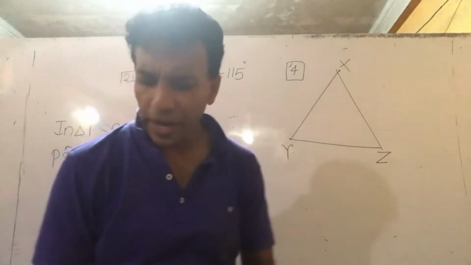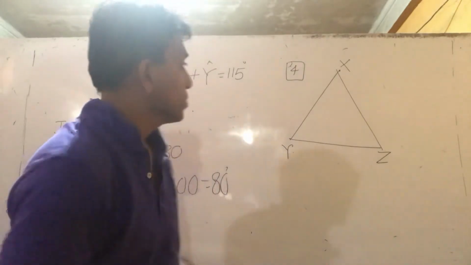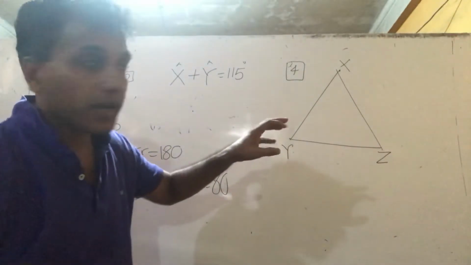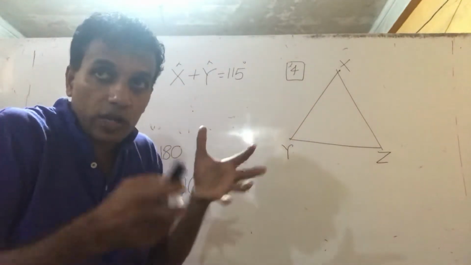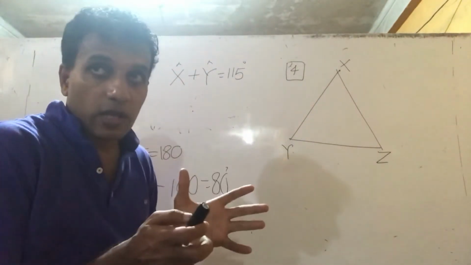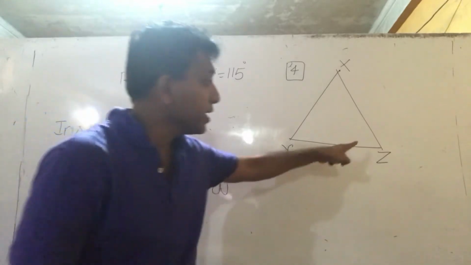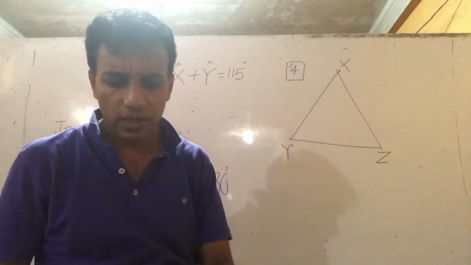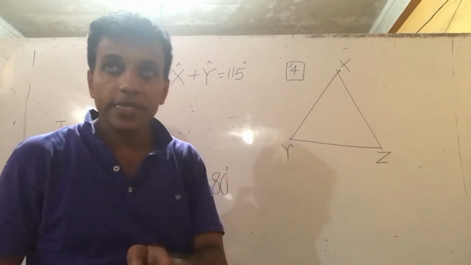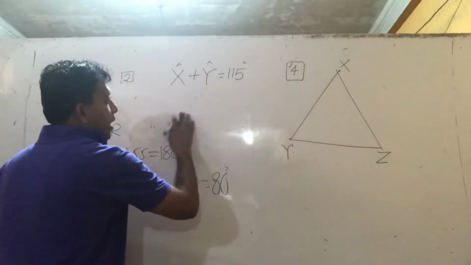Actually here diagram not necessary. They say in this triangle angle X and angle Y addition is 115. Therefore they ask the remaining angle. Find the Z value, they said later. Also another detail given, and